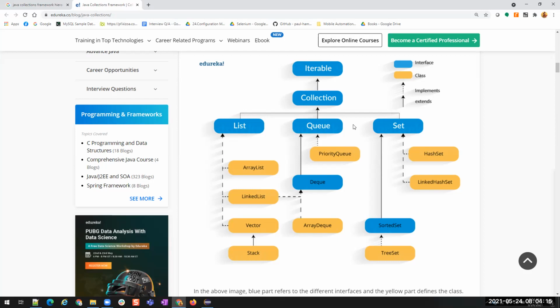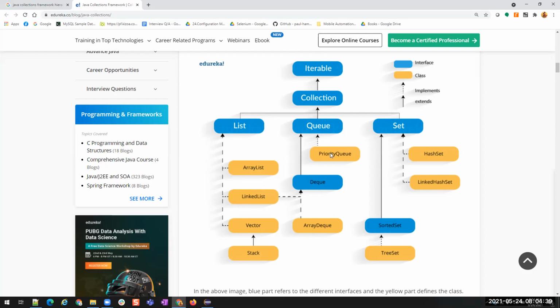They are list, queue, and set. So till here we have interfaces. Whatever the index is mentioned in this list, all those methods are implemented inside these classes. So we have array list, linked list, vector, and stack. These are all the four different types of classes which are present inside the list.